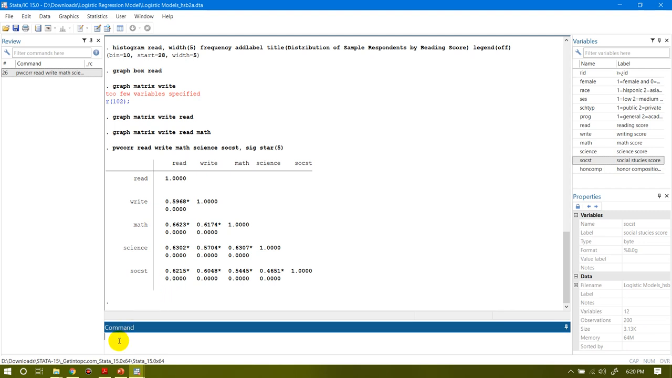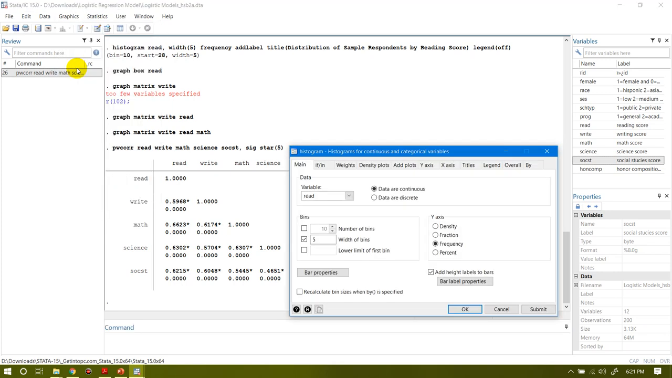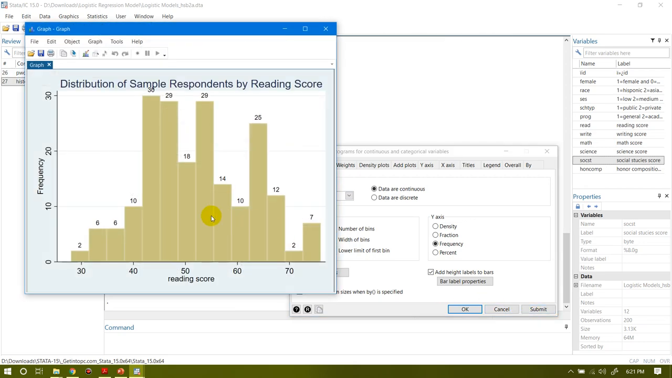So now let me also try graphic analysis of some of these variables. So let me go to graph, and since these are quantitative variables, I'm going to use a histogram. So let me use a histogram of the variable read, and let me submit it. Now this is the histogram